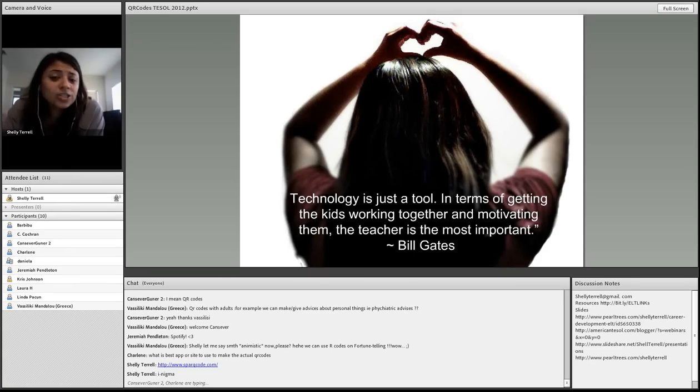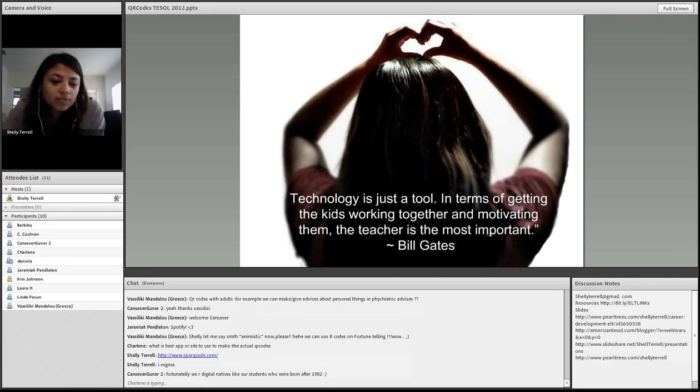You can attach it to different games, online games they can play to review grammar, to review whatever the topic is. They can do collective review notes on something. They can do tours. They can do cheats. Like, for example, if they're playing a game, then they can give cheats to each other. Cheats means ways to successfully finish a game by skipping a few steps. So a lot of the different types of